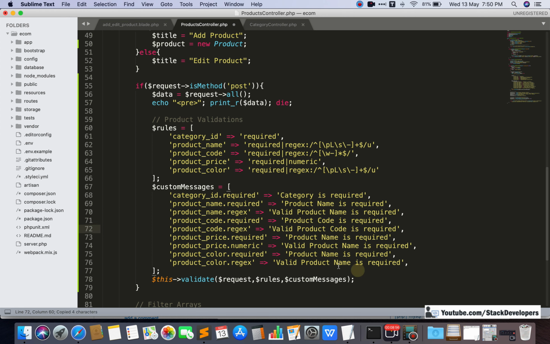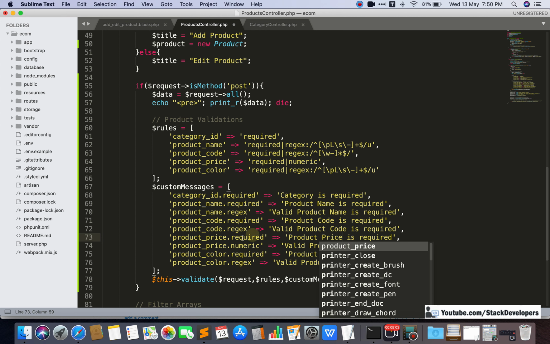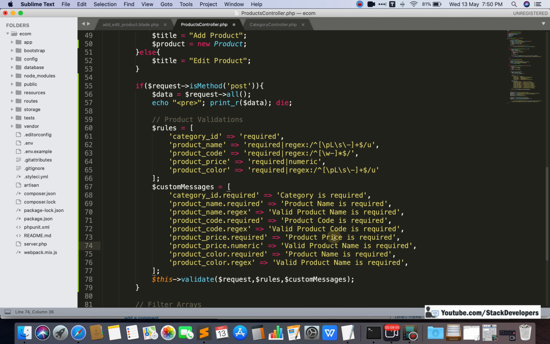Product price is required, valid product price is required, and finally product color is required, and valid product color is required. Done. This one we have copied from there, so it must work fine.